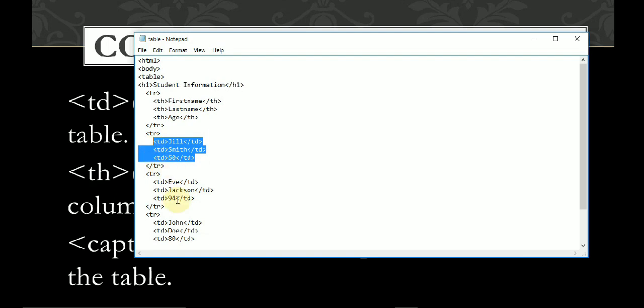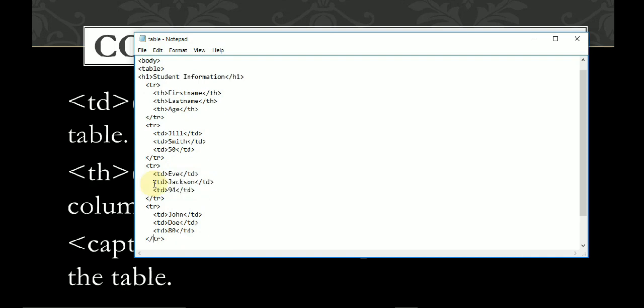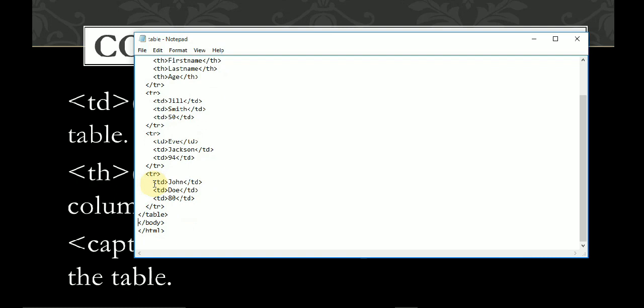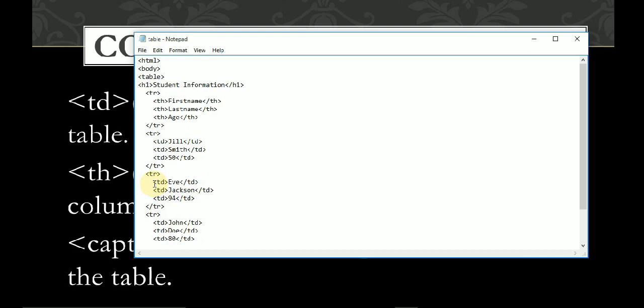Now if you want to enter another row of data in the next row, then you have to write like this, and this is the way to create the table in HTML. Now we will see the output of this program. This program is already saved, so we just need to run it.